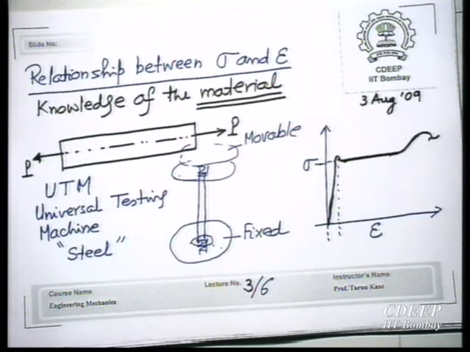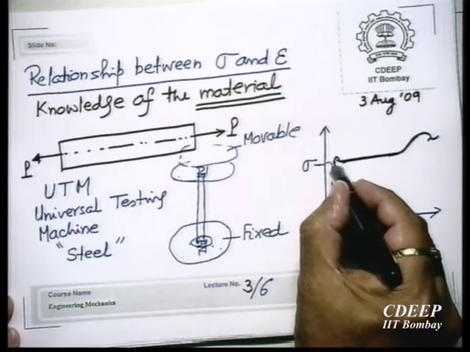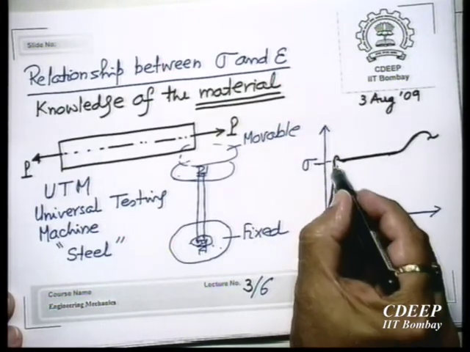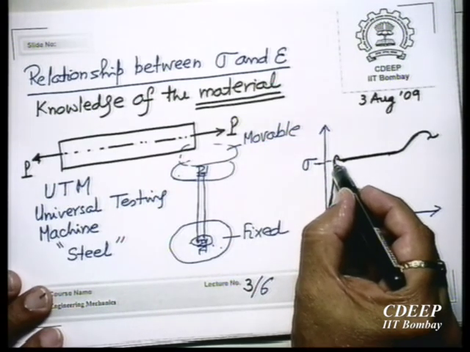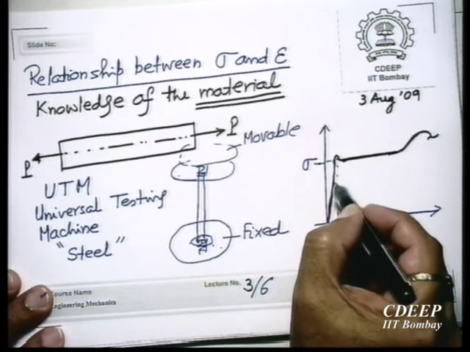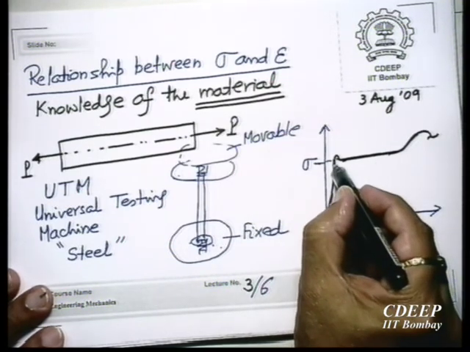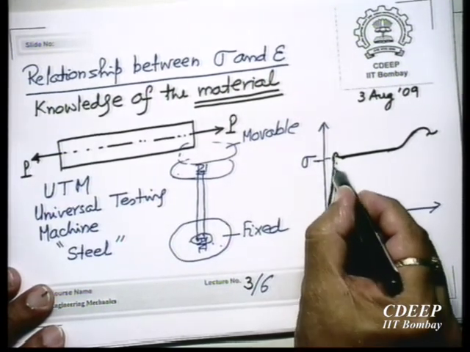Now, this is the general stress strain curve for normal steel. Again, in steel also there will be different types of curves that we can get depending upon the composition of that steel. Up to here, if you stop your machine, do not apply any more load and start unloading, you will find the strain also will reduce and it will follow the same path. So, it is reversible, that means you are going up and you can come down also.